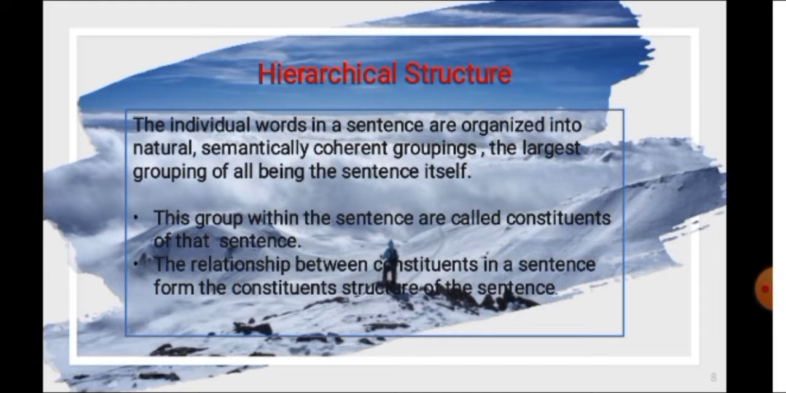These groups within the sentence are called constituents of that sentence. When we say constituent, it refers to the phrases, because constituents and phrases are just the same. So if the phrases are connected to each other, they can create a meaningful sentence. Next, the relationship between constituents in a sentence forms the constituent structure of the sentence. Like what I said earlier, kapag konektado or magkakonekta ang mga phrases sa isa't isa, makakabuo tayo ng isang pangungusap na maayos or may kahulugan. So that is how our hierarchical structure